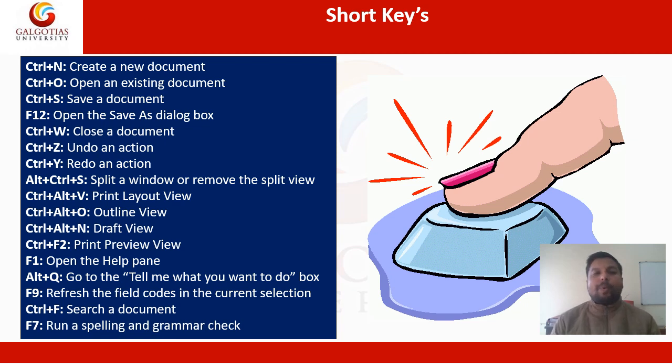And if you want to open any existing file, you can just use Control plus O to open it. And this is Control S. Control S is very important. Whenever we are working, it's very important to save our work from time to time. When we save our file the first time and name it, after that, after completing some work, we just need to press Control S, and the document is saved at the path where you already saved the file.